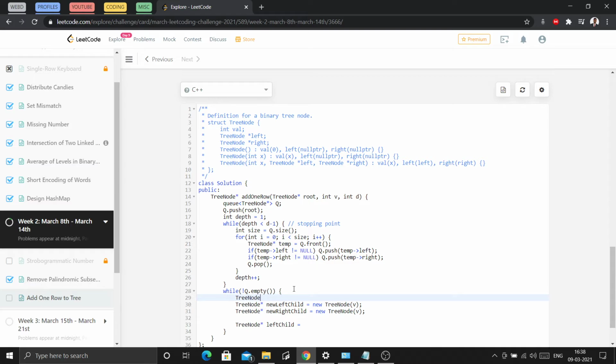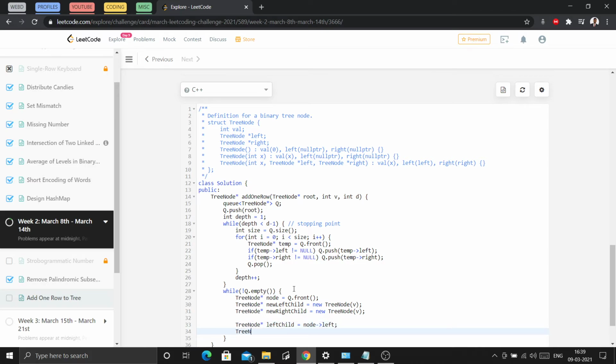First, I will check for the front element. Let's name this node, and its first element would be q dot front. So left child would be node's left.